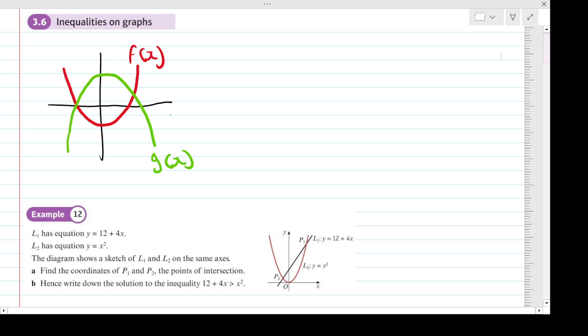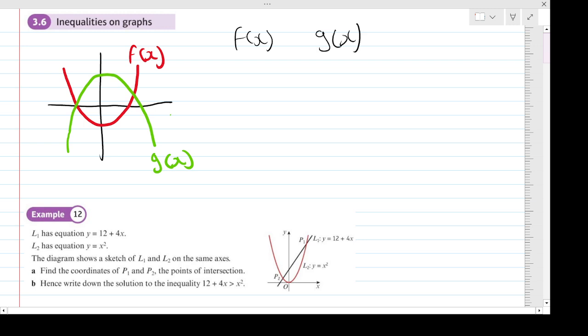So perhaps when one curve or one function is bigger than or less than the other, we can use inequalities to represent this. Okay. So basically, in this section, we're going to look at graphically solving inequalities, particular types of inequalities anyway. And what we're going to look at is when you have two functions, f of x and g of x,